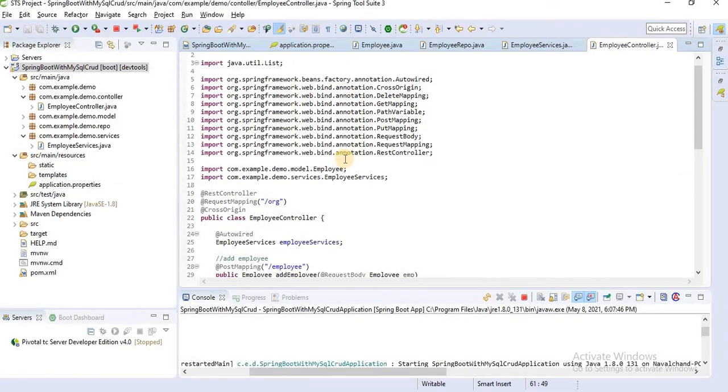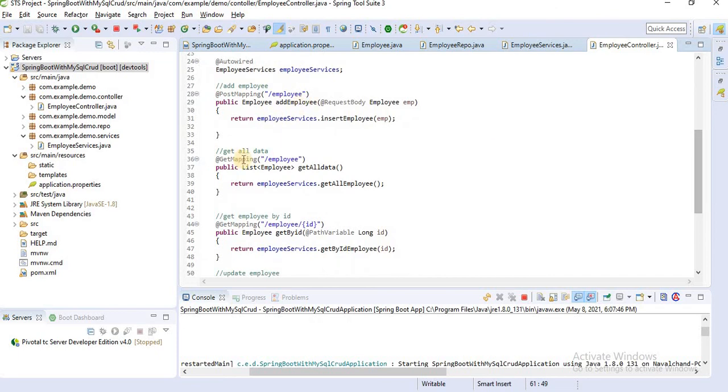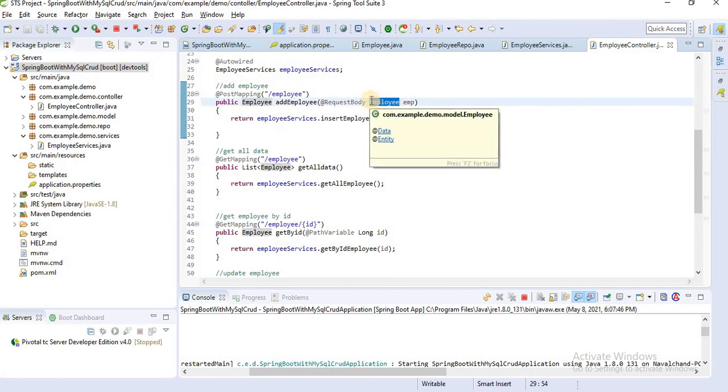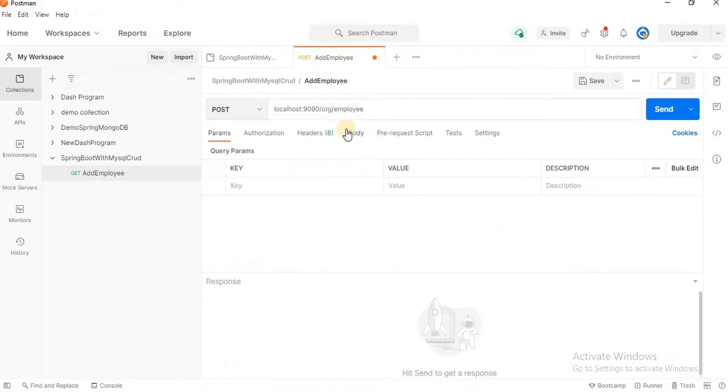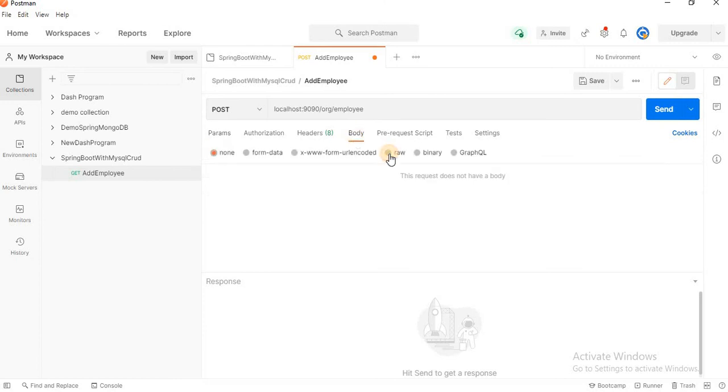We are posting data from the body, because let's see here, in add employee we get data from the body. That means we have to post data from the body. That's why I'll click on body, click on raw format, and change the text to JSON.